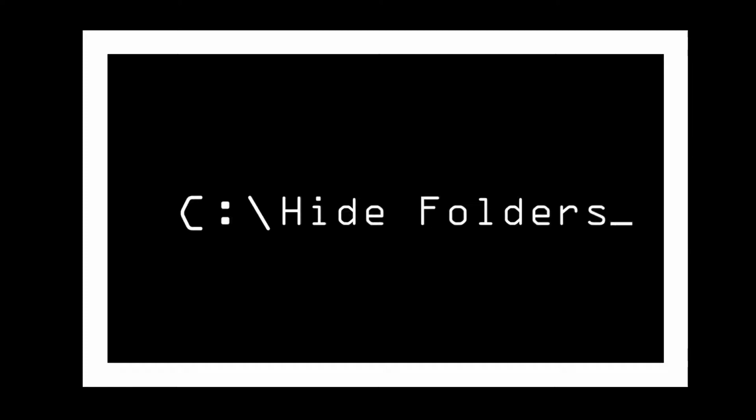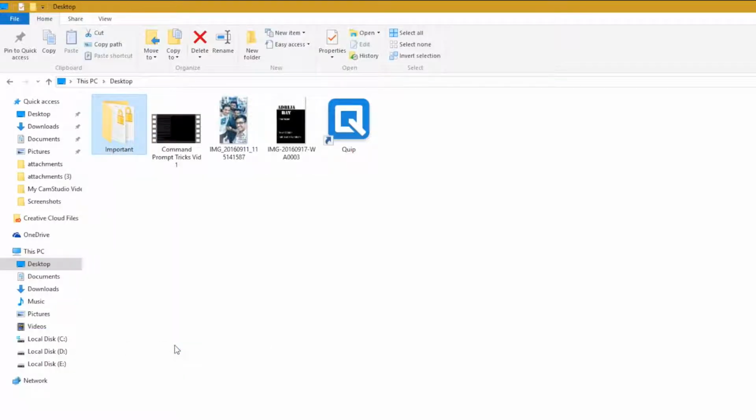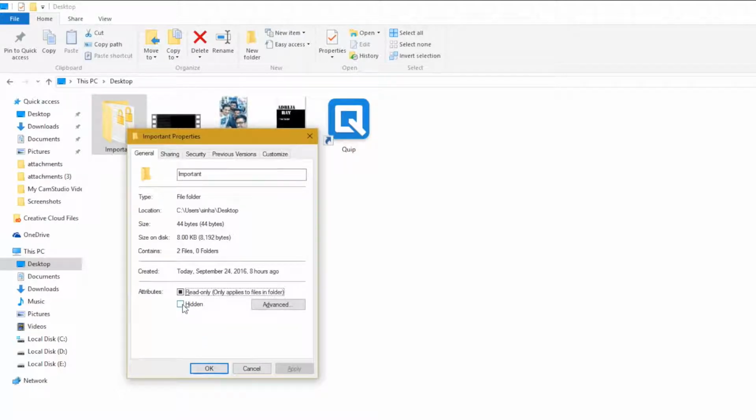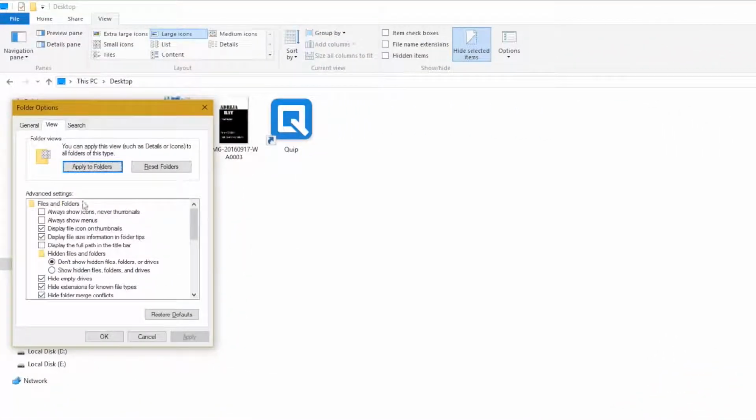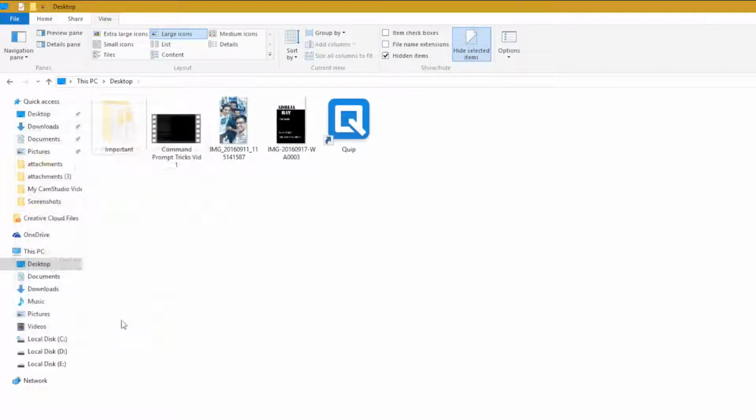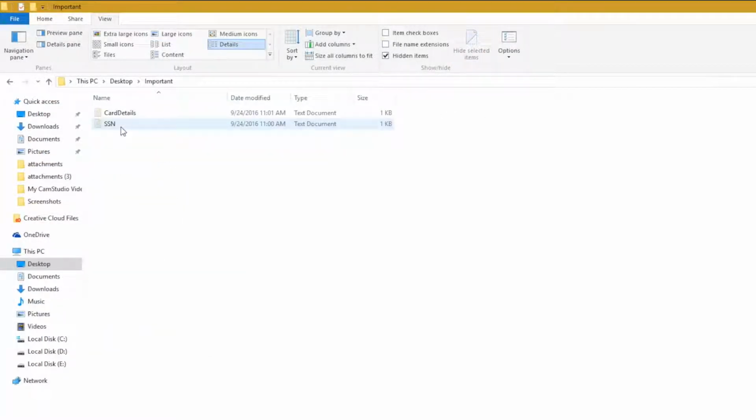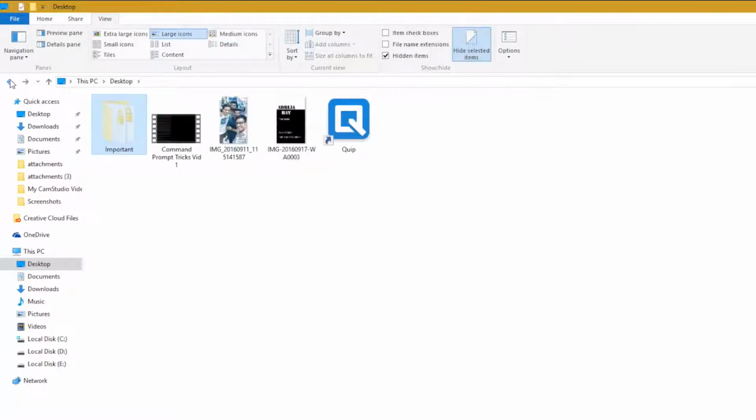Moving on, let's talk about some of those folders that you probably want to keep hidden. Now you can obviously hide them by checking the hidden property of the folder, but that will show up if someone changes your view options to show hidden files and folders, basically making it useless to hide them. Fortunately, this next trick will show you how you can hide folders in such a way that they are completely